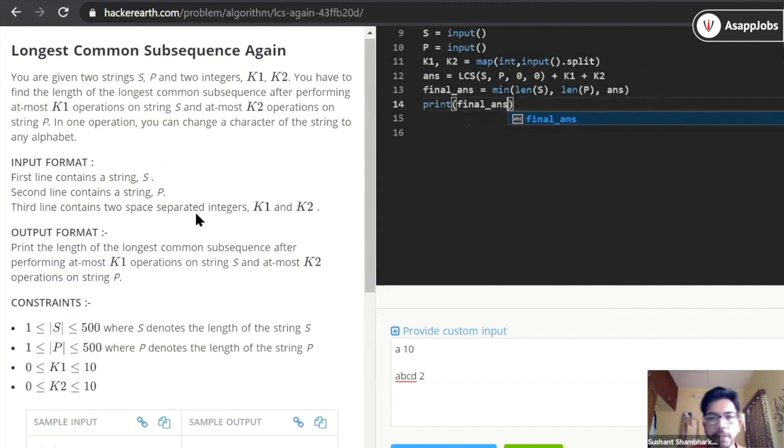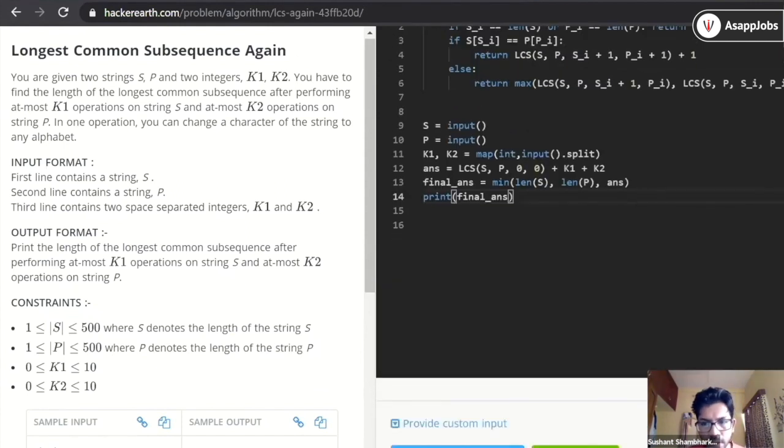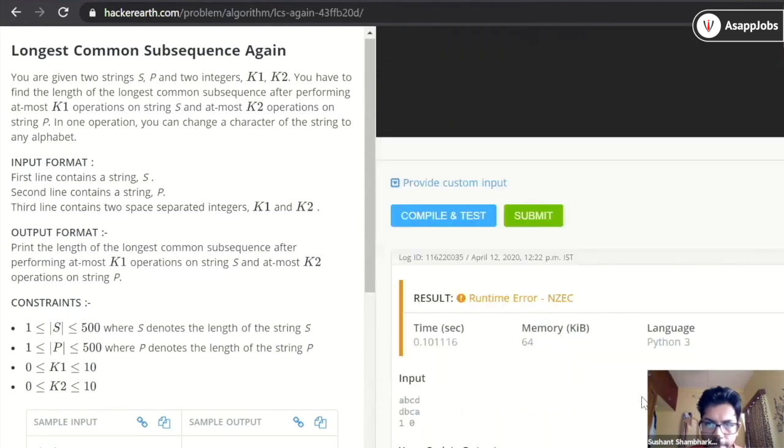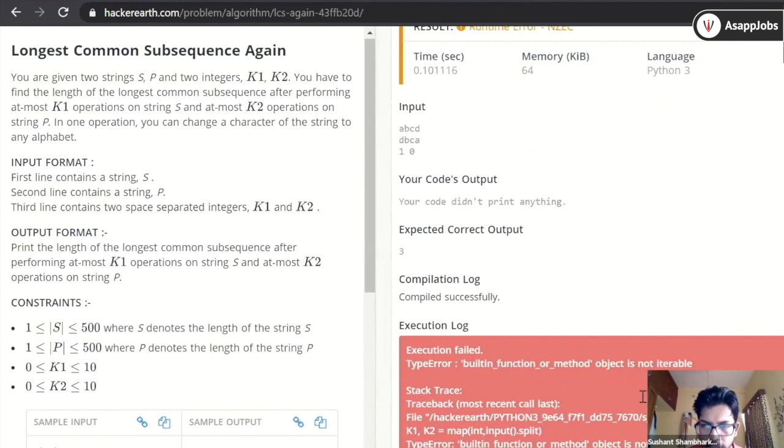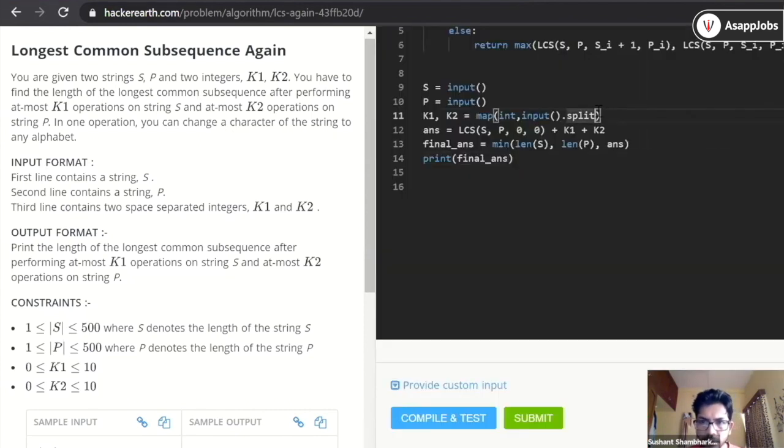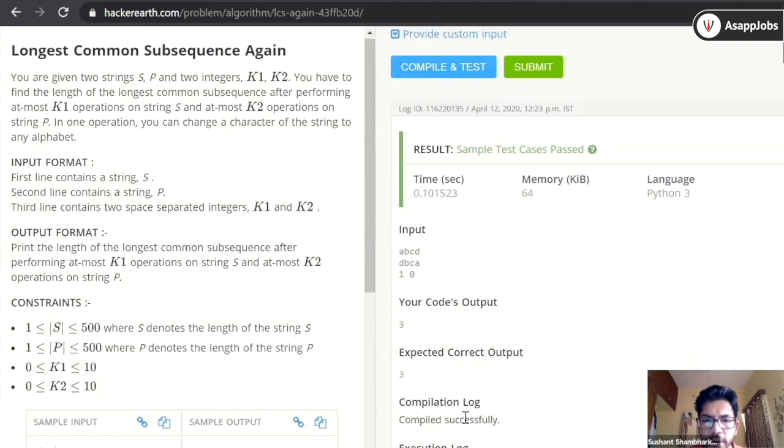You will have some modification on that. Or we are getting some runtime error. So yeah, we got the correct answer here, 3.